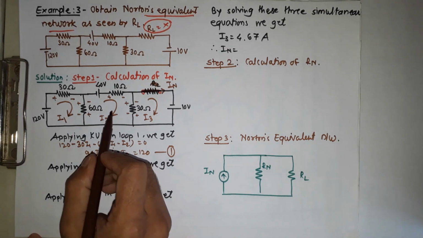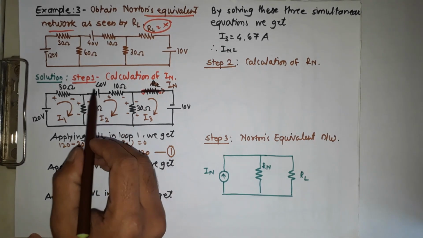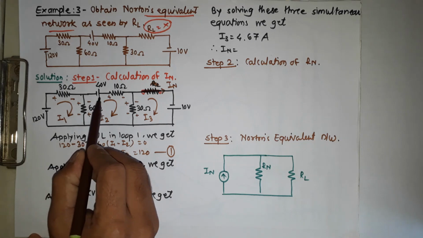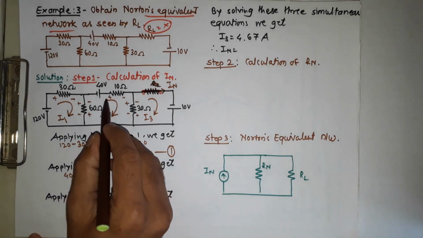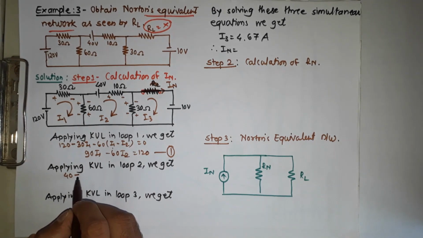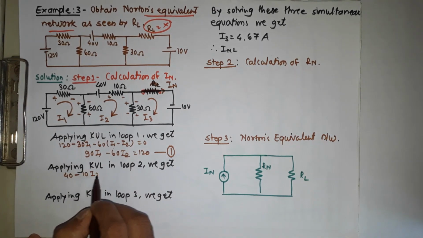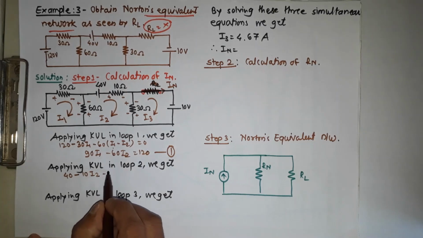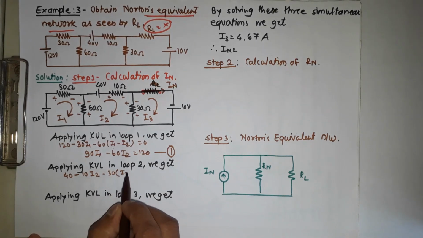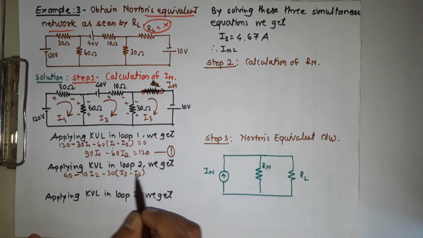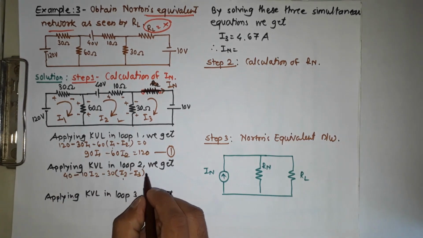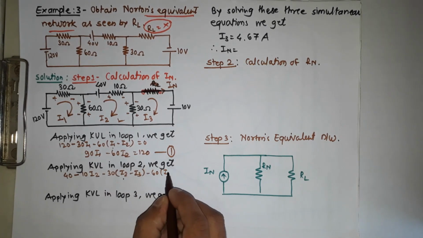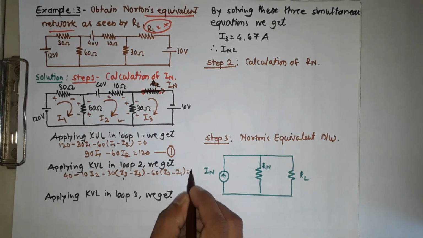Now we are applying the KVL in the second loop. Suppose we are starting from the 40 volt, current flowing from minus to plus, so it is 40. Then minus 10 I2, because it is plus to minus, therefore we consider the minus here. For 30 it is minus 30 (I2 minus I3). Here we consider I2 minus I3 because we are considering the second loop. Then for this 60, minus 60 (I2 minus I1) is equal to 0.